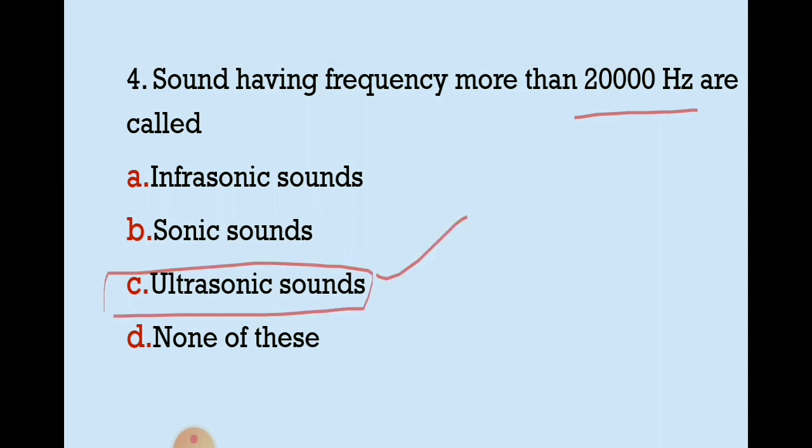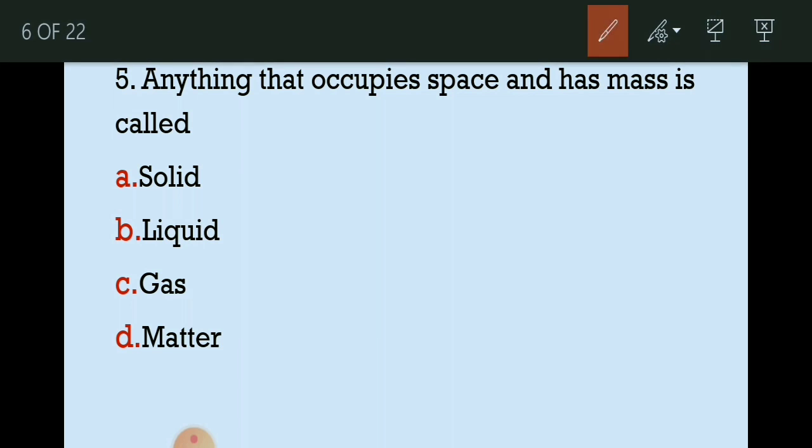So the next question, question number 5, what is given, just see. And anything that occupies space and has mass is called. So this is known as what? This is known as matter. We know this one very well because I have already uploaded one video about matter. Not one video, actually 2 videos I have uploaded. You can go to my channel and you can check my playlist where you will find those 2 videos which are completely related to matter, and I have discussed in detail about everything which is related to matter.